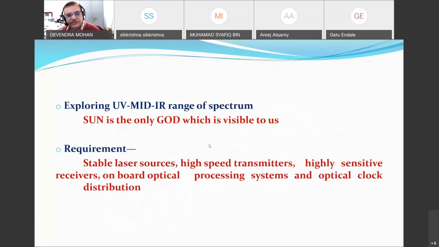What we need for photonic technology, we need stable laser sources, and thanks to the optical technologies development, we have nowadays semiconductor lasers as well, but they are of low power, and non-linearity requires a high power. So high power portable is a need of the day, and this is one of the major challenges. Second is high-speed transmitter, highly sensitive receivers, onboard optical processing systems, and optical clock distribution, as in case of GPS systems we require. So we want to explore UV, mid, IR range of the spectrum, and that means particularly of sun. So with these remarks,